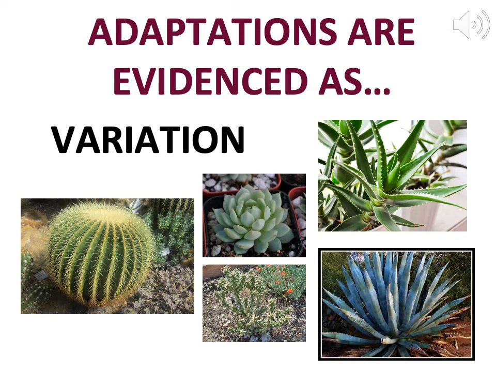So adaptations are evidenced as variation in plants, in animals. A lot of the variety we see are modifications that improve the ability of that animal, of that plant to survive and reproduce and pass those genes on to future generations. Now, the reason why I emphasize the word those genes is because those genes are what actually are responsible for encoding those adaptations. The cactus plant's spines, the cactus plant's ability to store water, the animal's claws, the animal's coloration,